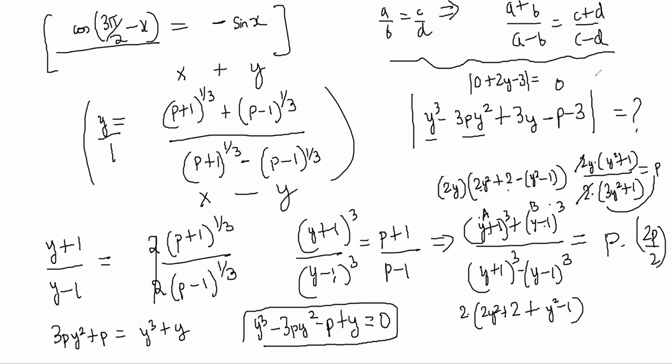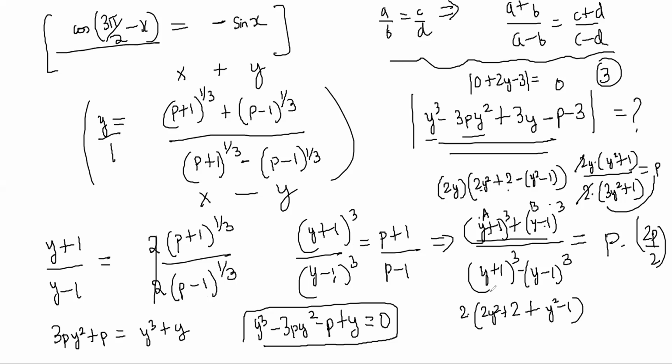Yeah, maybe we should get 3y and all. Oh, the answer would have been 3 then, right? Everything else would have disappeared and the answer will be 3. So almost sure that the answer is 3 here. Let's just verify it. We have made some mistake somewhere. So (p plus 1) whole cube, this part is fine. (p plus 1) whole cube by (p minus 1) whole cube, then cube it, this part is fine. Then add it, 2p by 2.